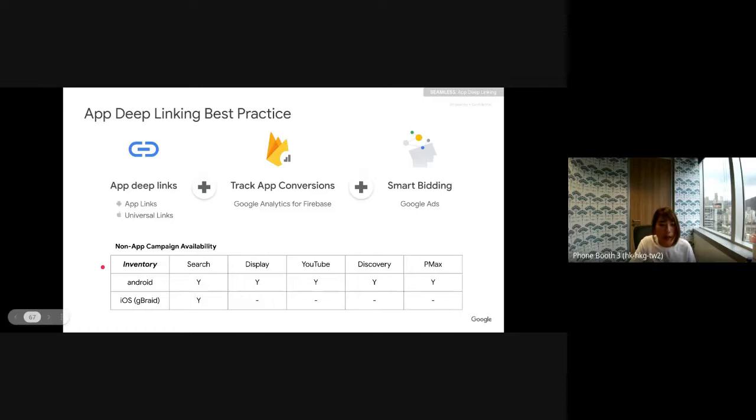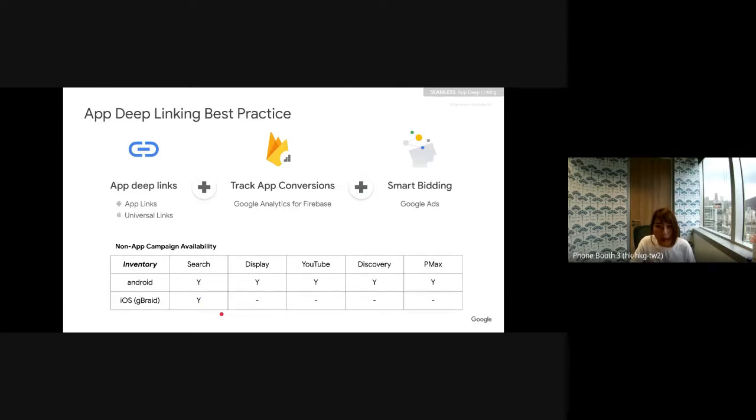So here are a little bit more details on how Google campaigns can support the deep link. For the app campaign, of course, that's something that we already support. And for the non-app campaign on the Android side, all these different campaign types are already supported. And we are also developing on the iOS side. Right now, search is already supported by GBRIT.